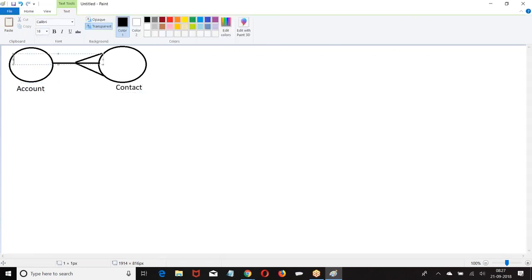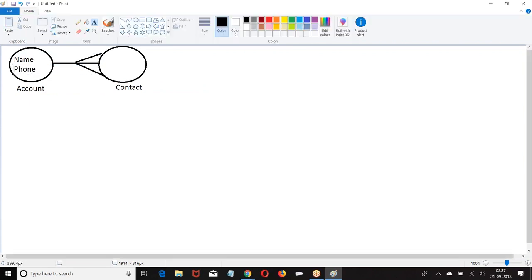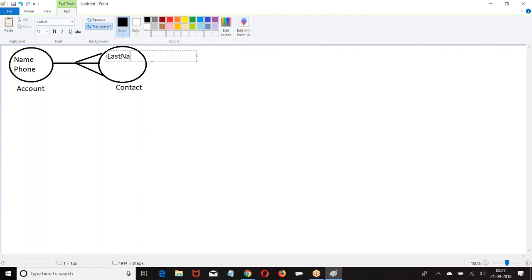Account and contact. The account and contact relation was created by standard Salesforce.